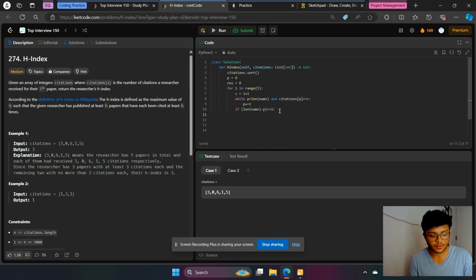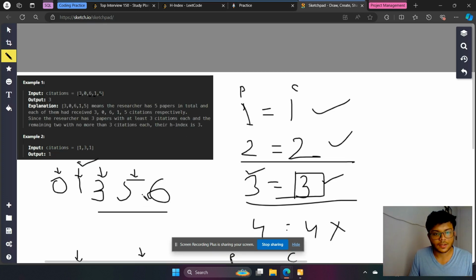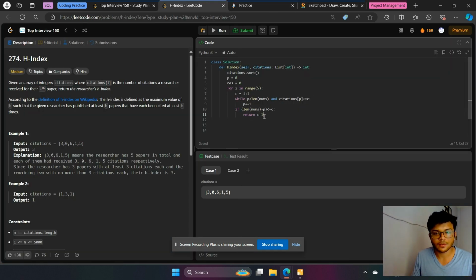So I have to return, using C, right? So what is C? I return C minus 1. Just like in this condition, 0, 1, 3, 5, 6, right? If our C is 4, then our pointer would be here. But then the last element minus pointer would give us 2. 2 is less than 4, then it should return 3 for me here. What if